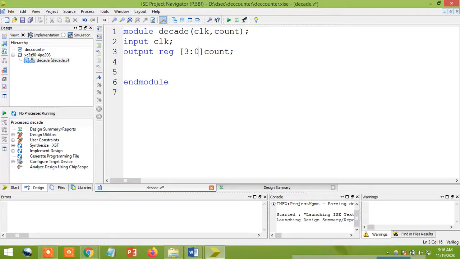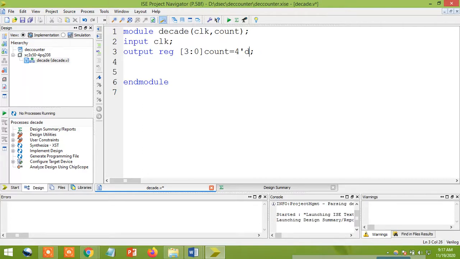Clear? Now I want to define the initial value of my count. The register is one of the variables. This is referred to as my register declaration type, and the counter is 4 bits. That's why I'm taking 3 down to 0, and the initial value of my count is equal to 0. If you want, you can write it in this way. Otherwise, you can write 4 tick D 0. In this way you can also define 4 bits of decimal number 0.